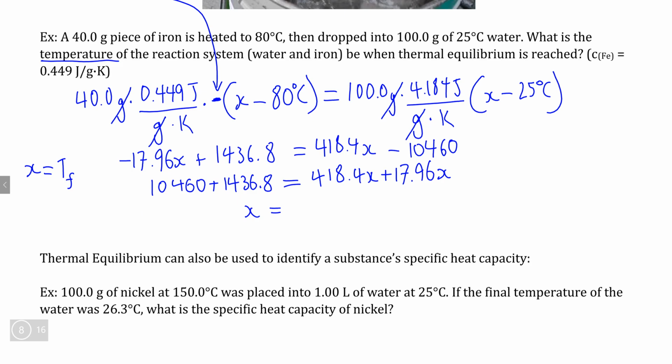And if we do that, if we add both of these numbers up, when we isolate x, we would end up with 11,896.8 divided by 436.36. And what we would get here after we divide these is what the initial temperature is going to be. And if you put this into your calculator, you should get that x comes to approximately